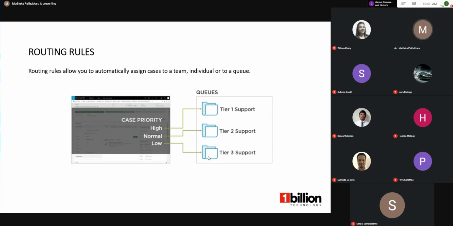These are just a glance at these features, and there are a lot more interesting things we can learn, a lot more things we can set up as admins, and a lot of features we can use as end users. Hopefully we'll have more detailed discussions and demos in future sessions.